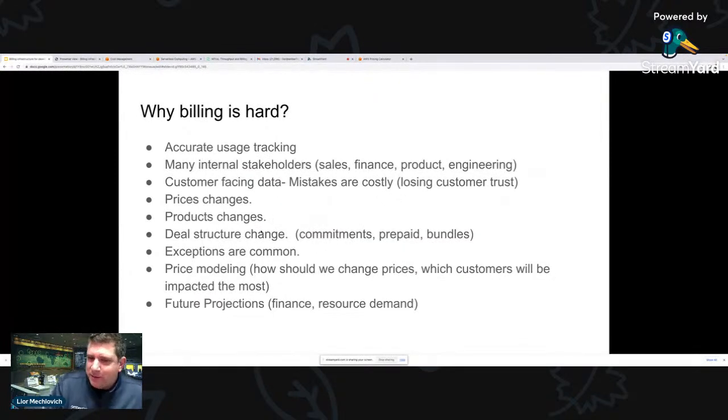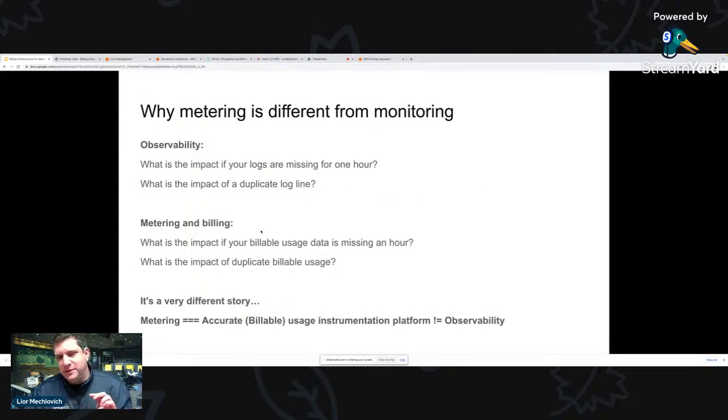Okay, so coming back to this, I think we kind of looked through all of why billing is hard. Let me also touch on one more point. We saw this architecture diagram before, where there's monitoring and then there is metering and billing. Developers usually start with the question: what's the difference between monitoring and metering? They sound a bit the same, but there is a huge difference, which is the impact, right?